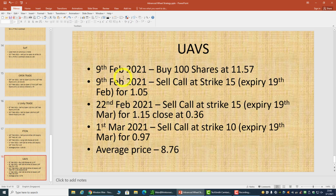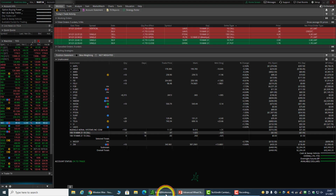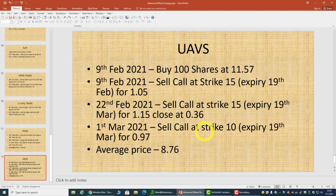So this is my UAVS trade. Basically on the 9th of February, I bought 100 shares at this price, and at the same time I sell a 15 call, and then subsequently I sell another call at 1.15, but I close out this call at 0.36. We can see from here I close it out at 0.36, and then I turn around and sell a 10 call for 97 cents. So that brings my average price to